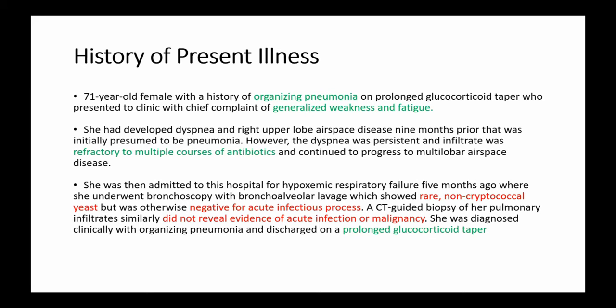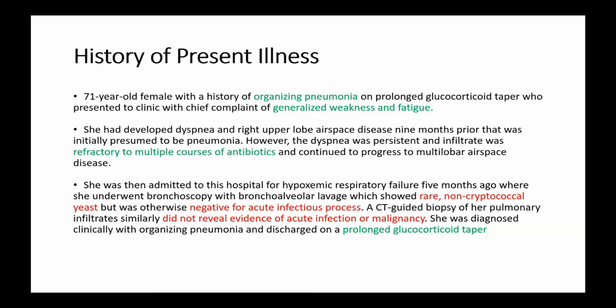Thinking of her new symptoms of generalized weakness and fatigue, I would want to dig a little bit more into this. We see a lot of generalized weakness and fatigue, but is there a focal component? Is this truly diffuse weakness? And then kind of what is the time frame? So is this more of an acute? Did it happen overnight? Is this more of a subacute complaint? And then seeing these two symptoms with her recent organizing pneumonia and her new weakness and fatigue, I would ask myself, are these related? Or are these two separate entities?